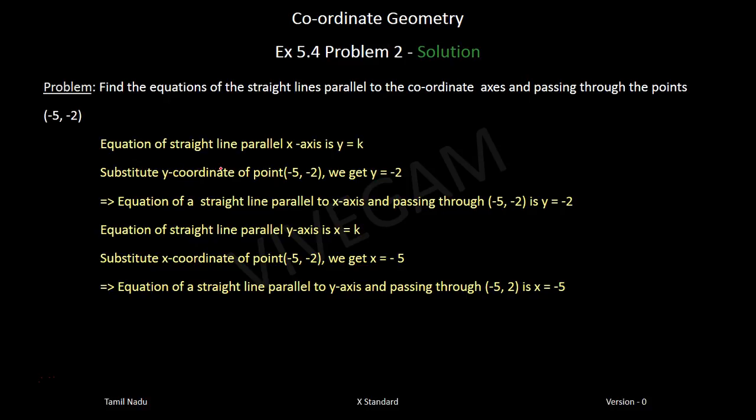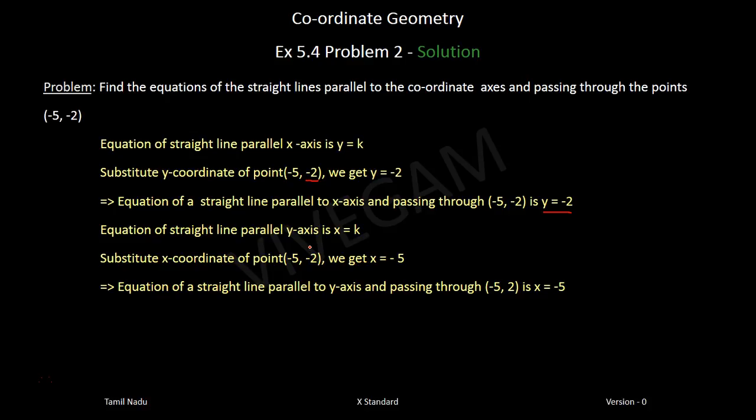Solution: the equation of a straight line parallel to the x-axis is y equal to k. Substitute the y coordinate of the point. You can even say coordinates of the point because it doesn't matter, it doesn't have x at all. But to make it clear, we are saying substitute the y coordinate of the point. In this equation, we get y equal to minus 2, right? So the equation of the straight line is y equal to minus 2, or y plus 2 equal to 0, is the equation of the straight line parallel to